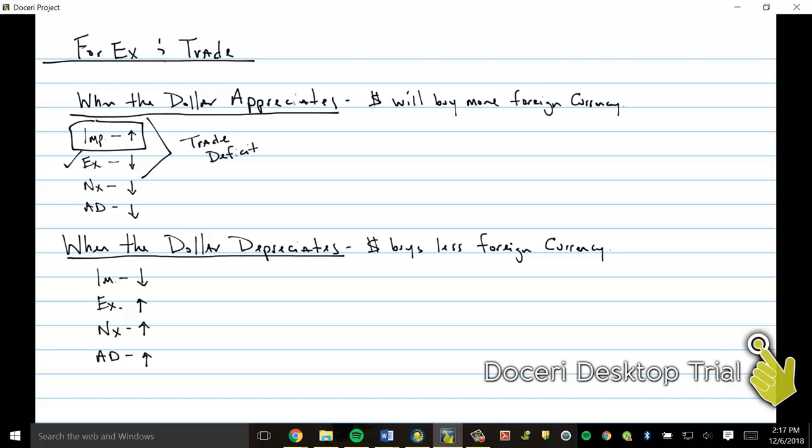And a trade deficit just means that there's more dollars that are leaving our economy than coming into our economy through trade. Now, the combination of importing more and exporting less leads to a decrease in net exports. Remember, that is exports minus imports. And since net exports is a component of aggregate demand, we can see that ultimately, when our dollar appreciates, our aggregate demand is going to fall